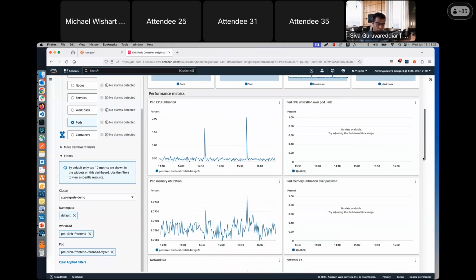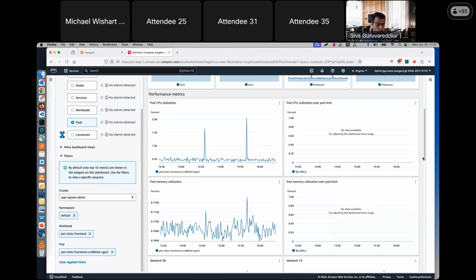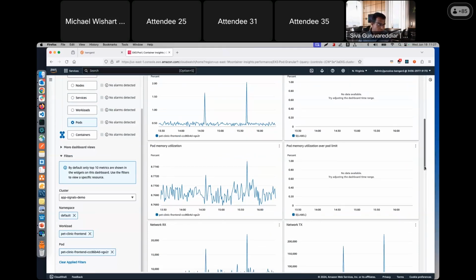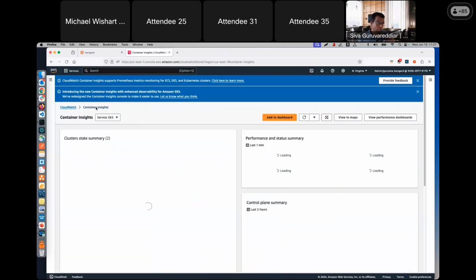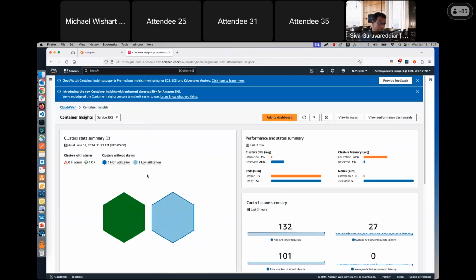So we are talking about 2 different personas. For example, if I'm an application person, I would start from my application layer and go all the way down, landing in my infrastructure layer. If I'm a DevOps person, I'm more worried about running my infrastructure. In that case, I will be starting with this layer, container insights. So when I'm coming for the first time, this is how I will be greeted: my clusters at a high level, how they are behaving, etc.